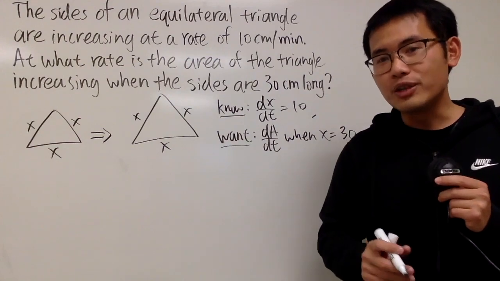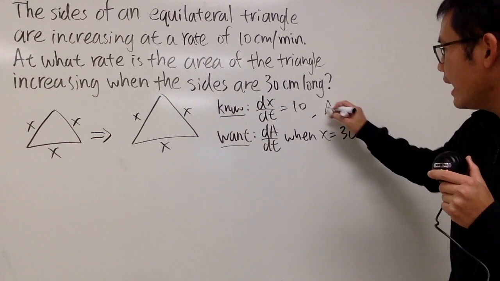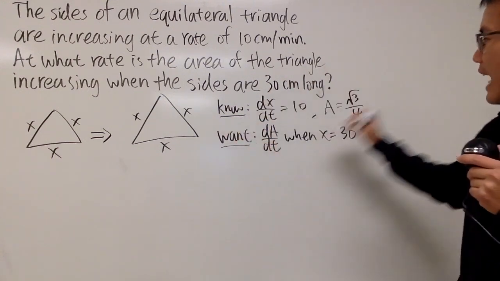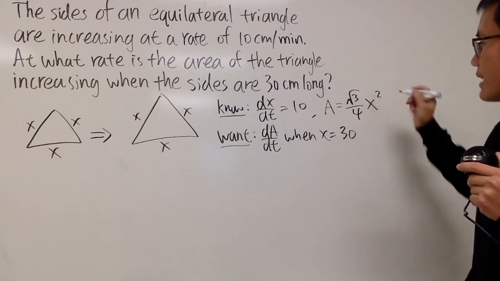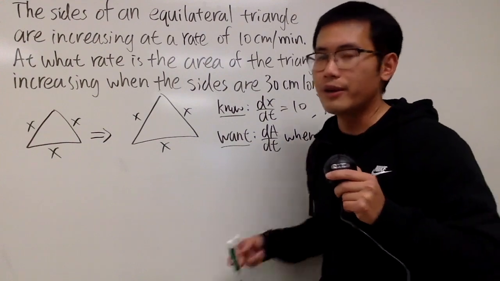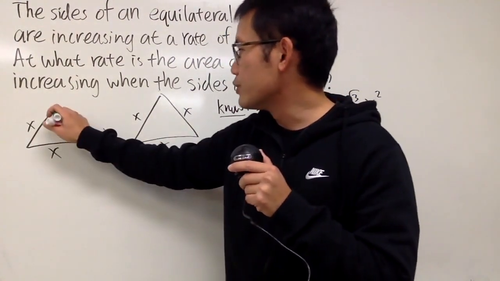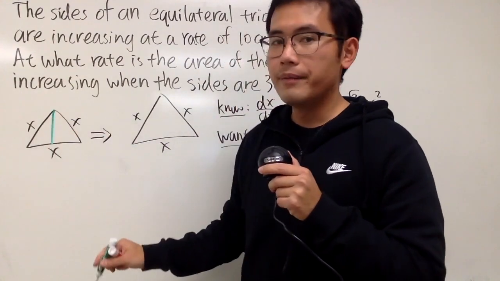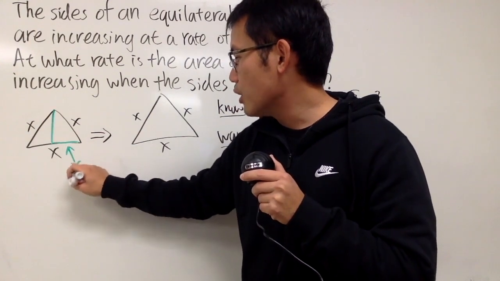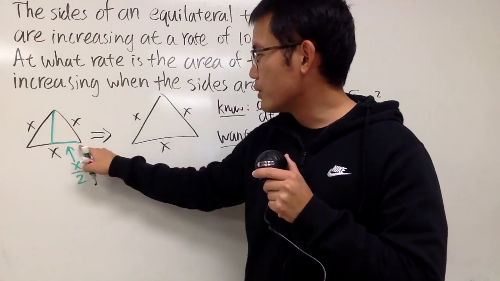And now we need an equation for the area of the equilateral triangle. Well, let me tell you, A is equal to square root of 3 over 4 times the side, which is x in our case, to the second power, like this. And why is this true? Well, let's do a quick proof right here. When we have an equilateral triangle, all the sides are the same, and I will just make the vertical cut like this. And as we can see, this portion is going to be x over 2, like this, right?